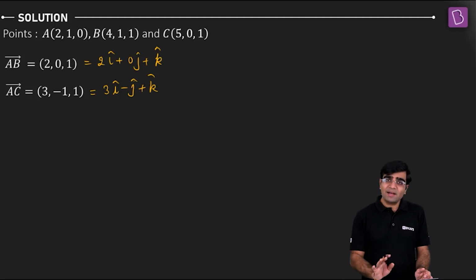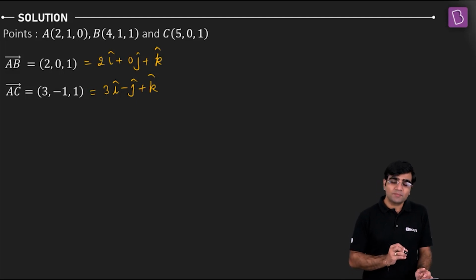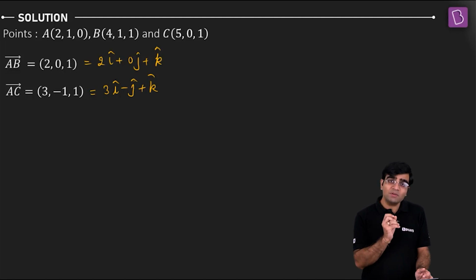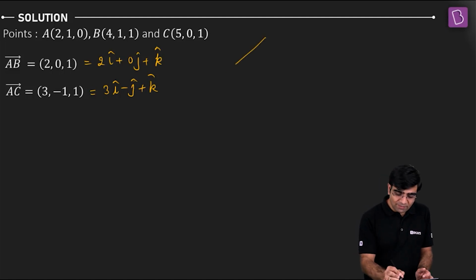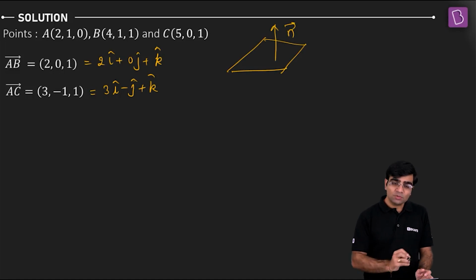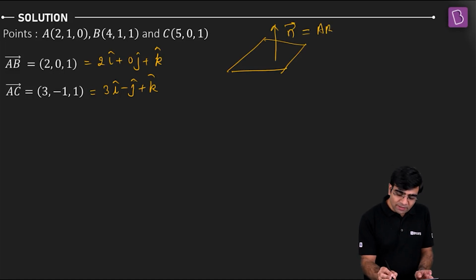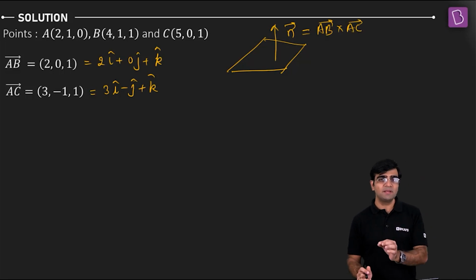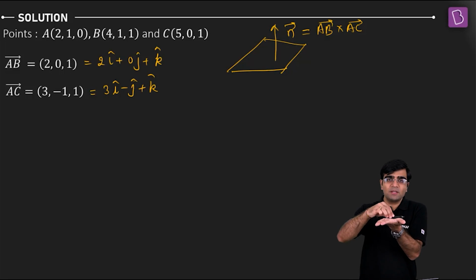All right. So if I have this, I need to have the normal vector. So what is the normal vector? See, I have a plane. For this plane, I'll have a unique normal. So this normal vector will be nothing but along the vector AB cross AC. I have vector AB, I have vector AC. See, this is the plane. This is vector AB, this is vector AC.